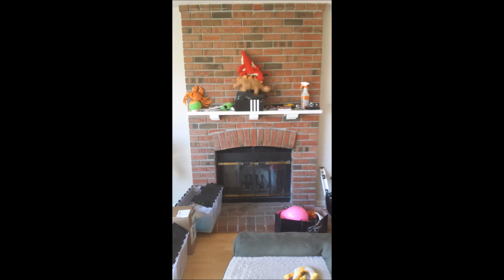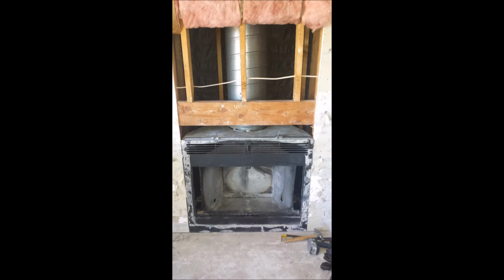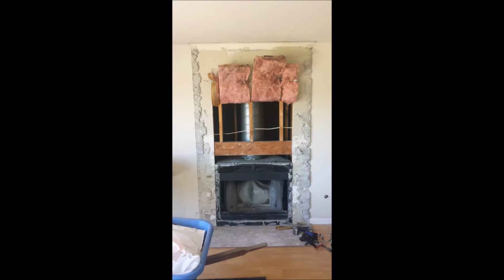We're going to replace this old ugly fireplace with a new, more modern fireplace. So the first step was removing the brick facade. Gives you access to the old box and the old flue. Pull back the insulation a little bit, as you can see here, and then proceeded to remove the flue in